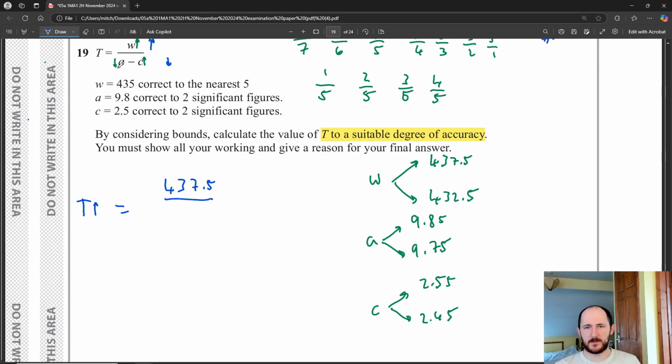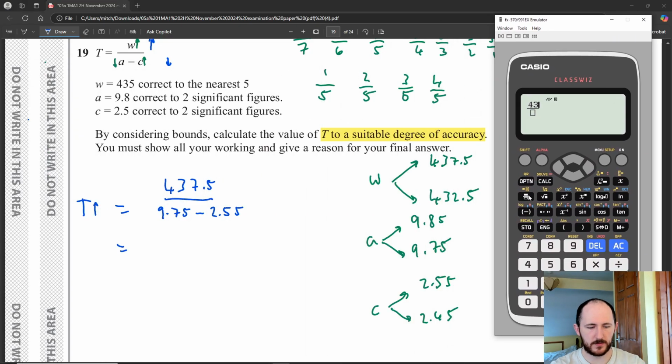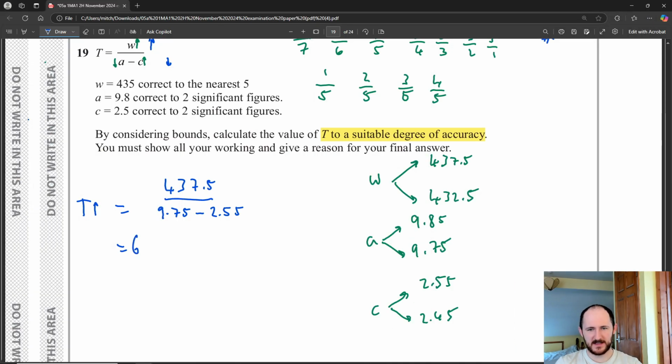We're going to divide by the lower bound of a, so that's 9.75, and the upper bound of c, 2.55. And when I do this, I'm going to write out the exact value that I get, because I don't know what I'm going to round it to yet. So we have 437.5 over 9.75, subtract 2.55, gives me, oh boy, let's write out that whole number, 60.76388888. I'm willing to bet the 8s actually go on forever, but my calculator just rounded to this many